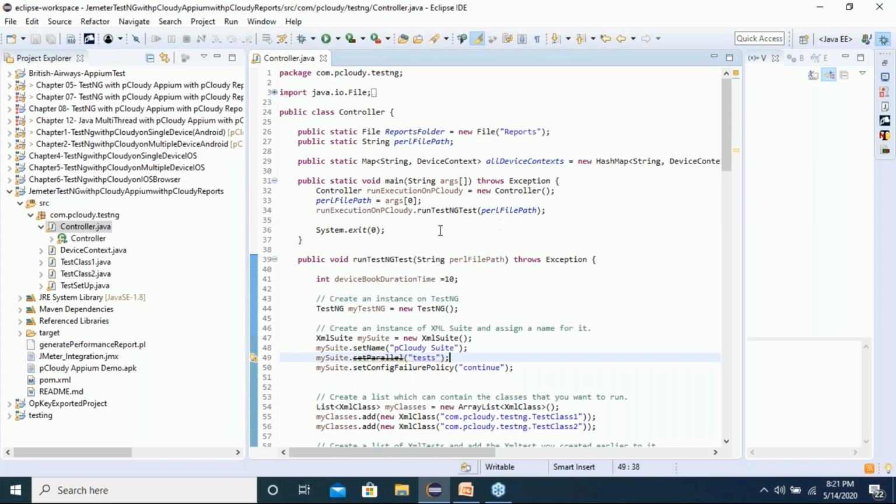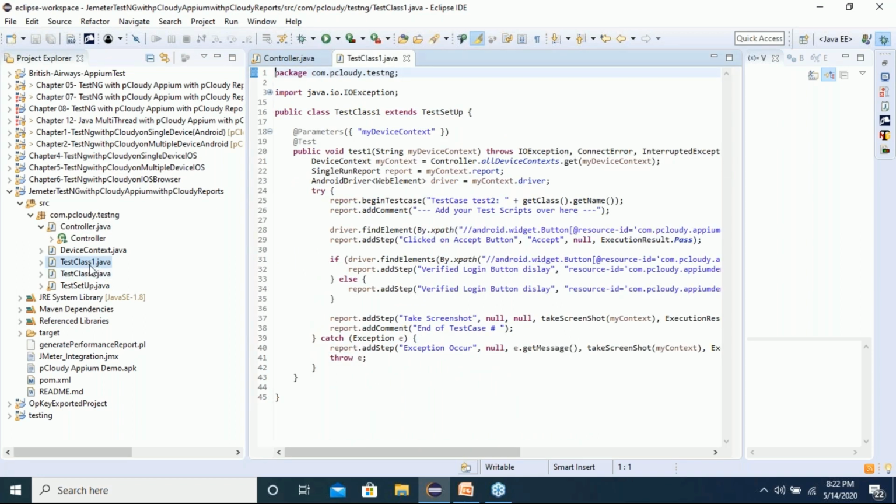I'm assuming that the participants here already have some exposure to APM. Even before I go to the controller, I have test classes here, test class 1 and test class 2, where I have written single test cases. You can have multiple test cases as well, but this is a place where I have written one test case, performing certain operations on the application.